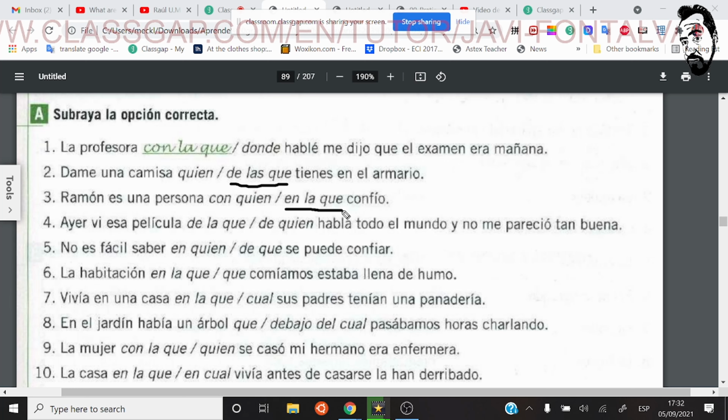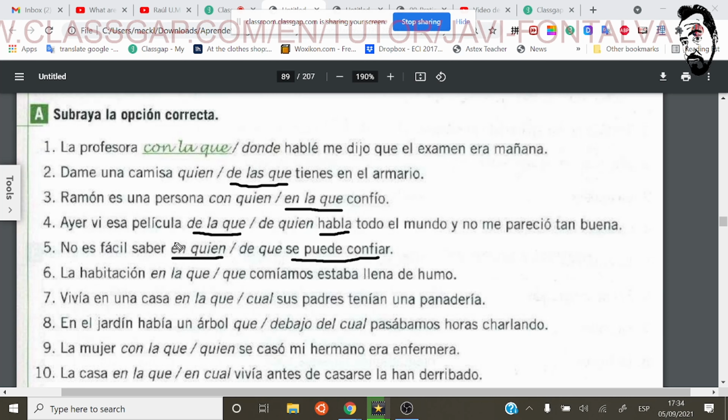Oh, okay. You just said before en la que. So you always say confía en mí, for example. You could say en la que, but you don't have the option here. So en quien. And de que wouldn't be right because you don't say confía de. You have to say confía en. So no es fácil saber en quién se puede confiar. So it's not easy to know on whom you can trust. Or who you can trust on.